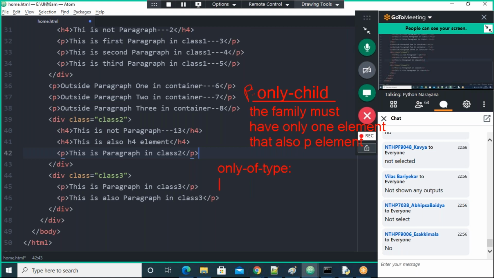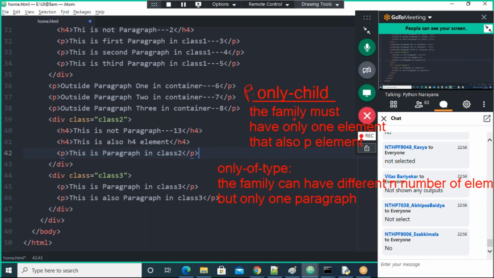The family can have n number of different elements, but only one paragraph, guys. Only one paragraph. Do you all understand, right or wrong?